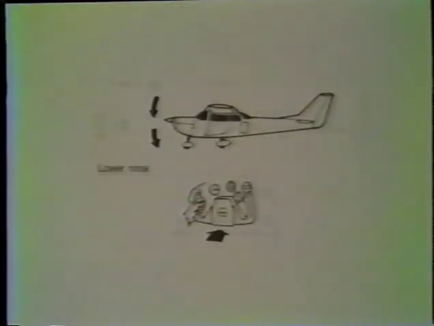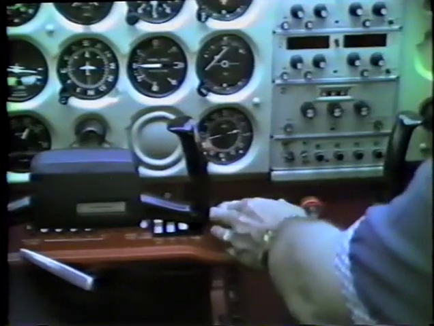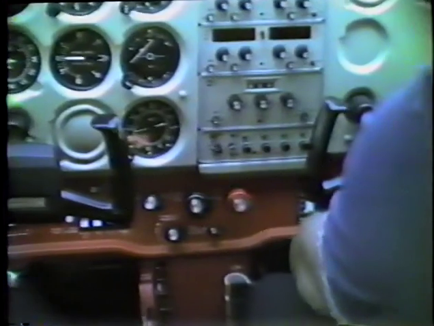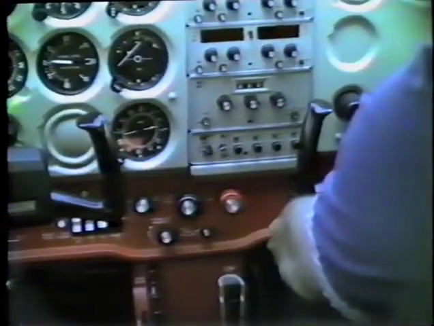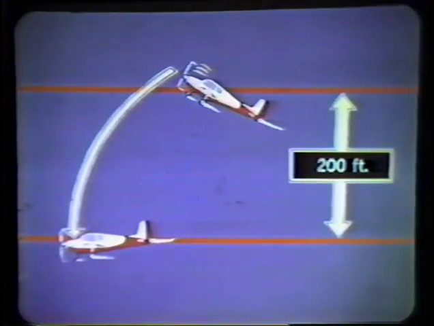The complete power-on stall is entered with cruising power. You will gradually apply full back elevator pressure until the complete stall occurs and the nose falls through the horizon. To recover from the partial, normal, and complete power on stalls, back elevator pressure is released immediately. Full power during a recovery is applied to avoid any unnecessary loss of altitude. In power on stall recoveries, your loss of